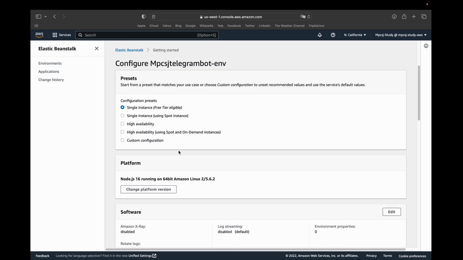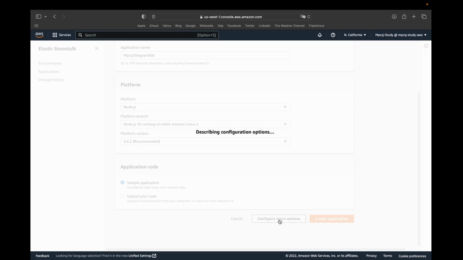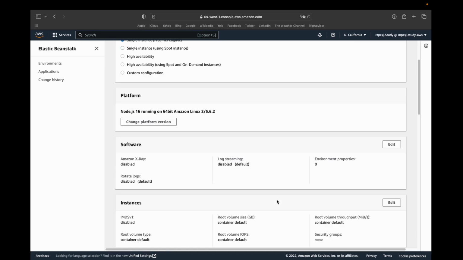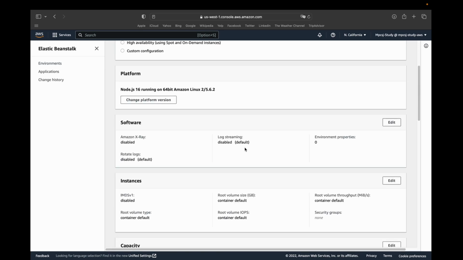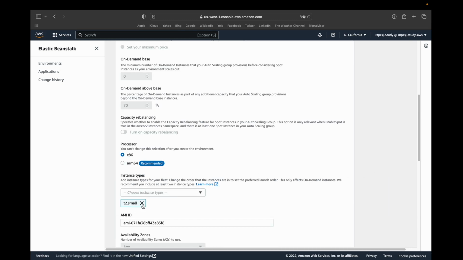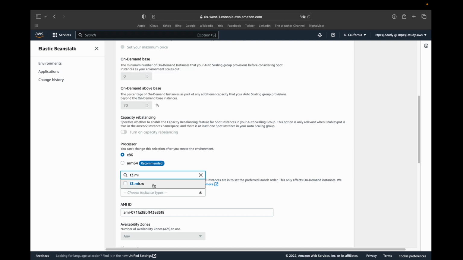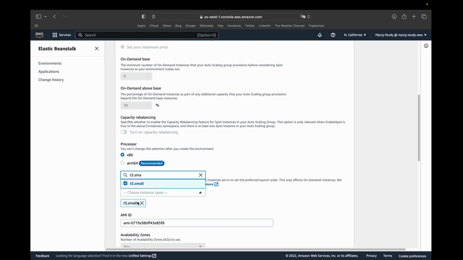So I'm going to scroll down. To access this page, you must click into configure more options. And then you scroll to the capacity section, click to edit, and then you select the machine type. In this case, I'm going to use a T3.micro, which is the latest version of the burstable machines from AWS. Oh, sorry, I should use T3 small, which is the latest version of the burstable machines from AWS, and it has 4 GB of